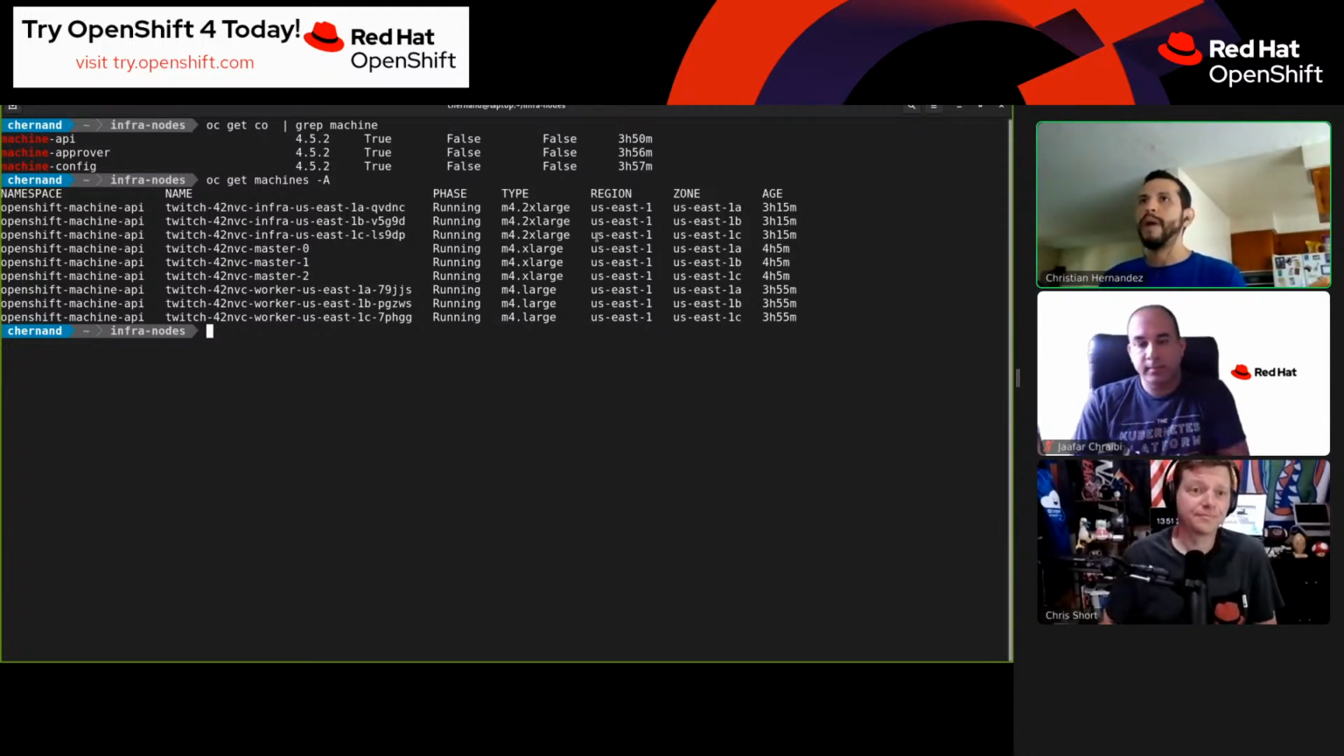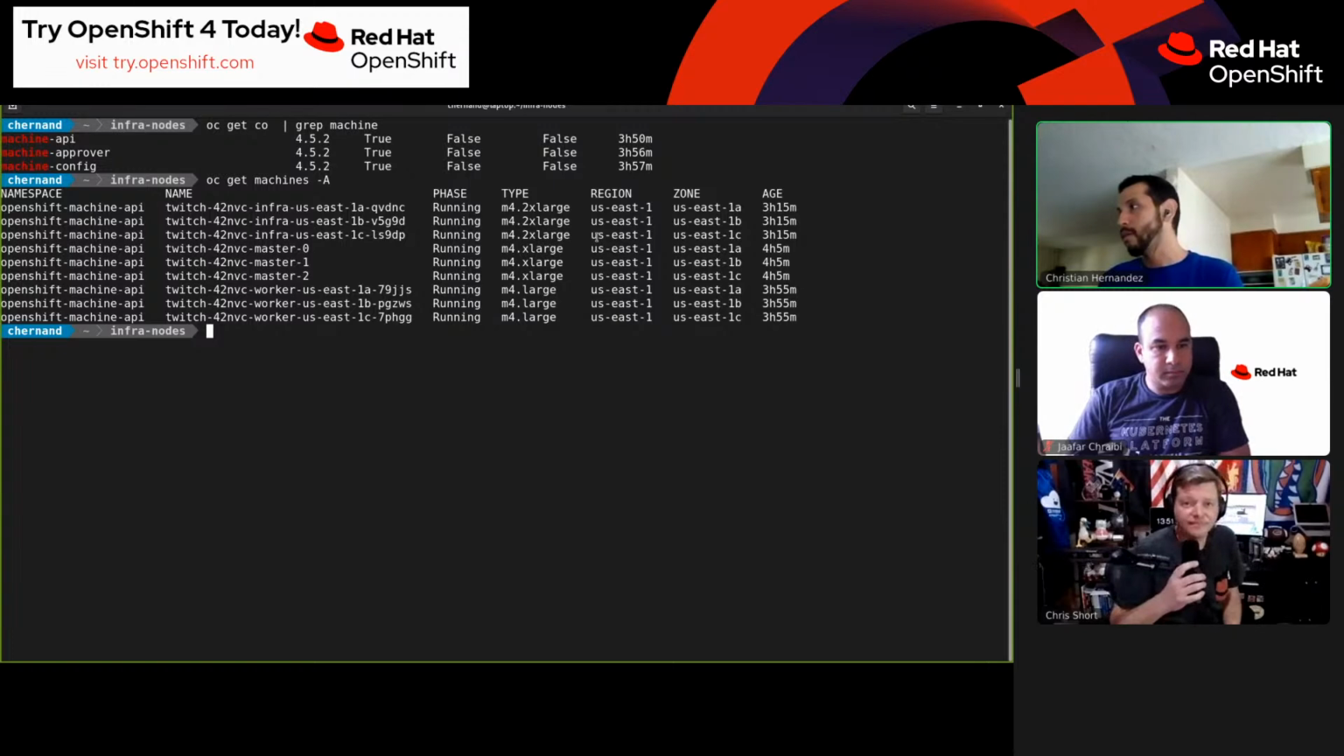These are managed by the machine API, right? So it's really how they spin up and then spin down using the machine API. They get their configuration by the machine configs, right? So if I do OC get,